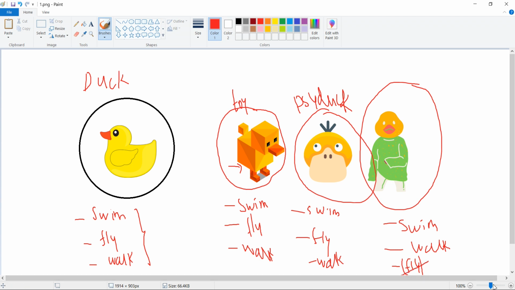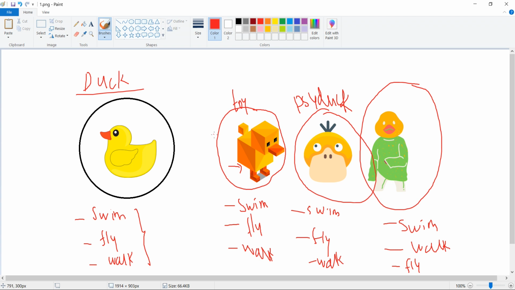Or more or less you can consider flying also, that is not something we can neglect, because in some way, if we attach some wings, we can fly to some extent. So what happened is the real world duck has all three abilities, but these things which are man-made or fictional can also perform the same abilities.